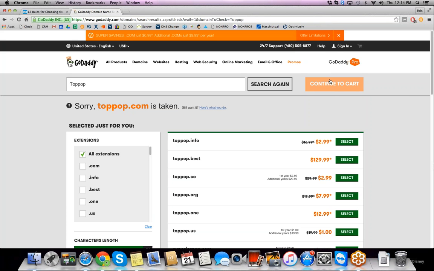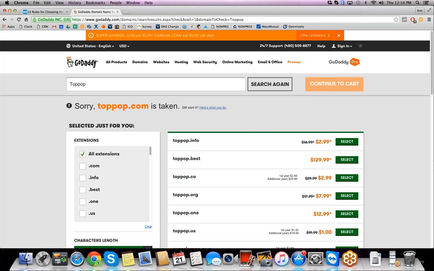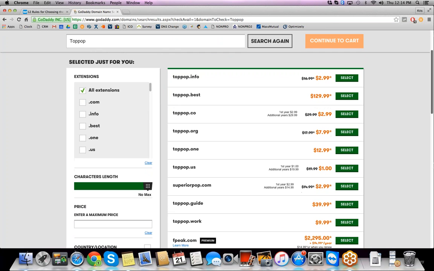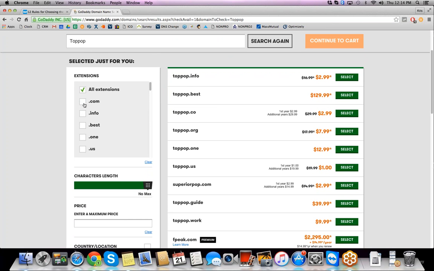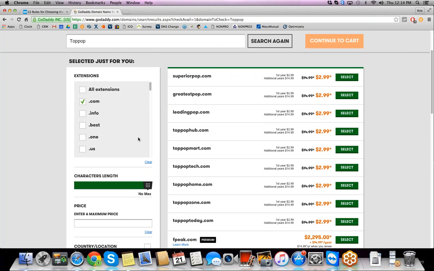Now, one thing that GoDaddy does that we can take a look at while you guys are thinking of some other names for me here is we can look at some of their different options that might be available. So it gives us some things here. But what I'm going to do is just checkmark.com, and then it gives us some alternatives. SuperiorPop.com, GreatestPop.com, LeadingPop.com,